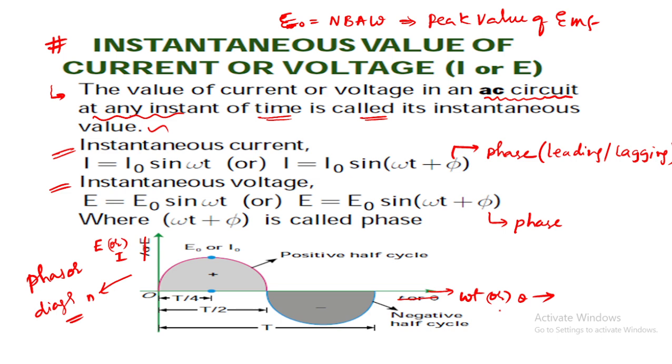Is it done? Okay. So this is the positive half cycle, and this one is the negative half cycle. So every time, the EMF is changing. Every time the EMF value will be different. Sometimes the EMF value will be positive. Positive in the sense we can say forward. Positive cycle is forward, let's consider.